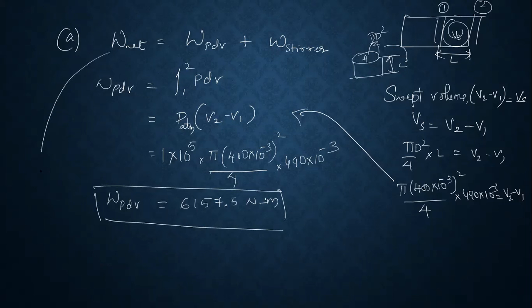Now, net work done is given. It is minus 1965 Newton meter, equal to integral PdV, that is 6157.5 plus stirrer work. Now the unknown stirrer work you will get here. That stirrer work is equal to minus